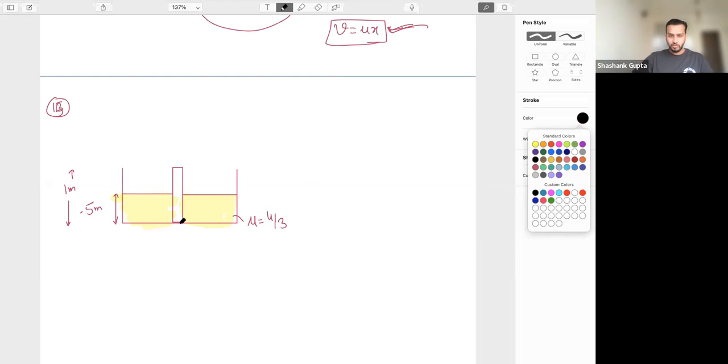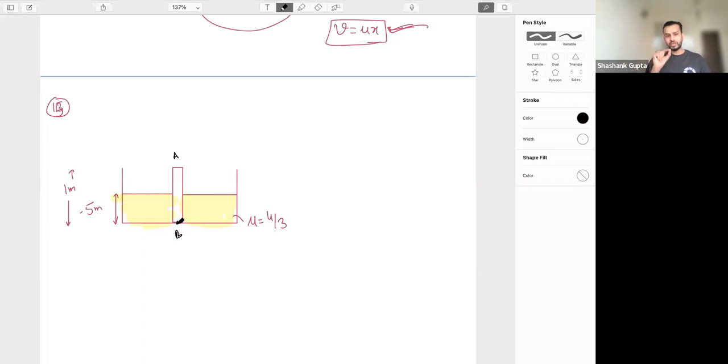Okay, so the ray is coming at 45 degrees, right? The bottom point. Shadow will be formed only on the bottom surface, right, on the floor. So there are two parts of the pole, A and B. Point B, because it is in contact with the floor, the image of B will always start at B. Practically, whenever I am standing outside, where does my image start? From where my legs are. It does not matter at what angle the ray is coming. Whatever the angle, the image of B will be exactly at B.